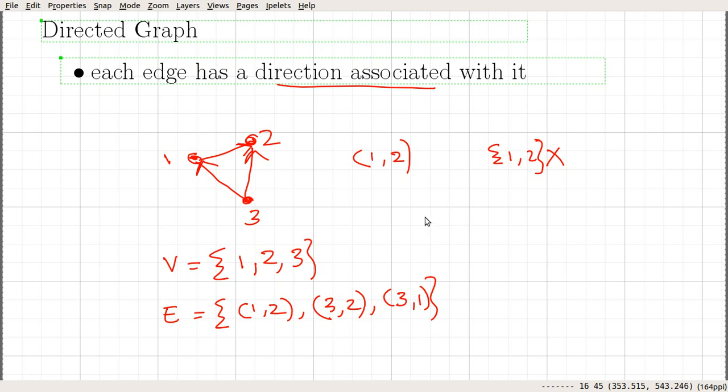Okay, so this is what is called a directed graph. Here we have a definite direction assigned to each and every edge. Okay, so in the case of a directed graph, we write the edge set in this way, whereas in the case of an undirected graph, the edge set is a set of sets. Okay, so here this is not the case.